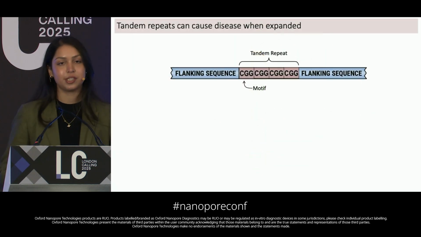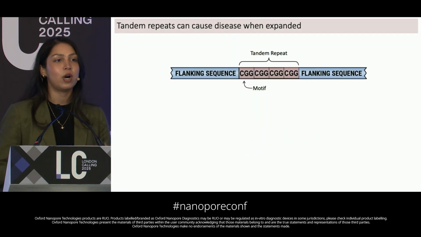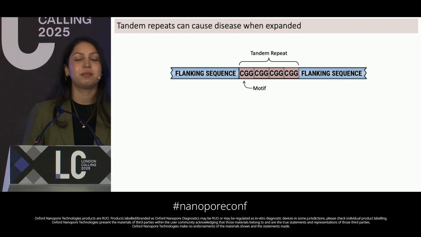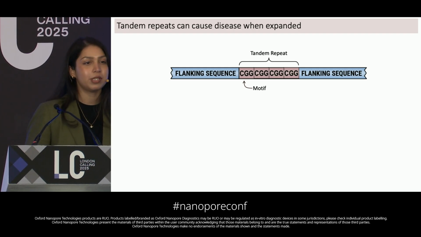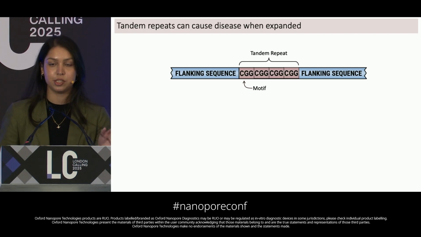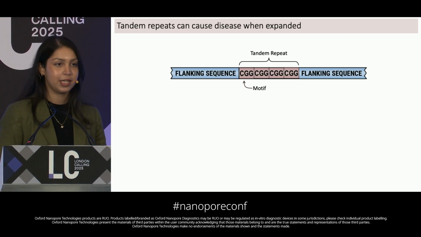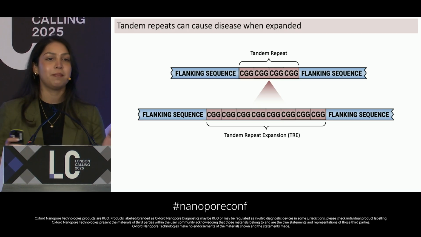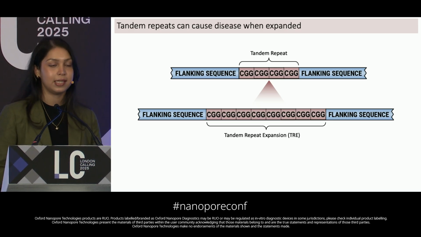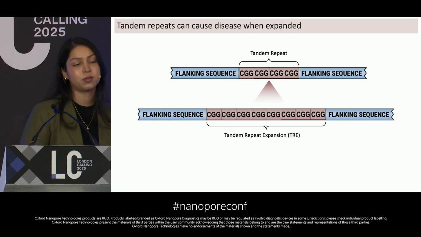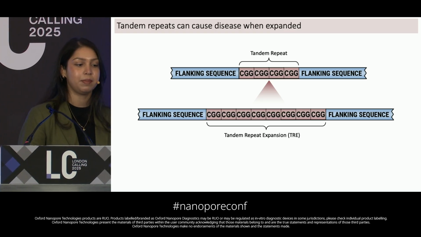So just a little introduction into what tandem repeats are and why they're so important to study in human disease. Tandem repeats are a type of structural variant where a motif or sequence of DNA is repeated adjacent to one another in the genome. And these exist naturally in our genomes, but sometimes they can actually expand beyond pathogenic lengths and cause disease. And as of now, there are over 60 monogenic disorders that are associated with tandem repeat expansions,